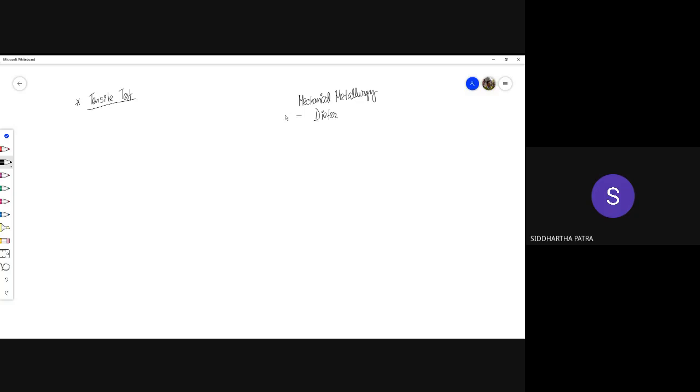the required exposure. The tensile test is arguably the most important test for structural properties because we get the most essential structural properties out of the tensile test. So what are those properties?